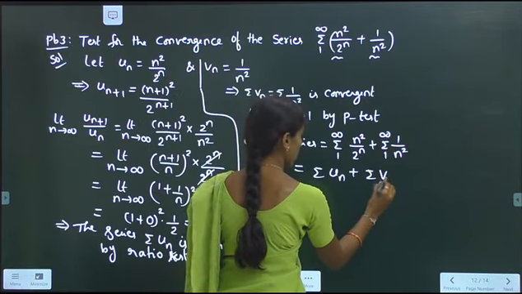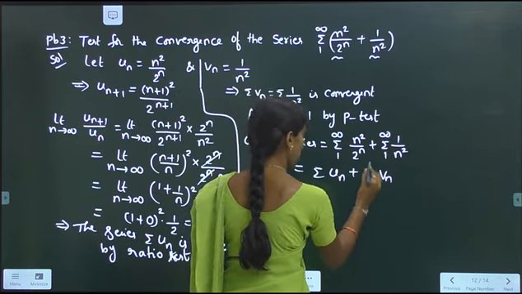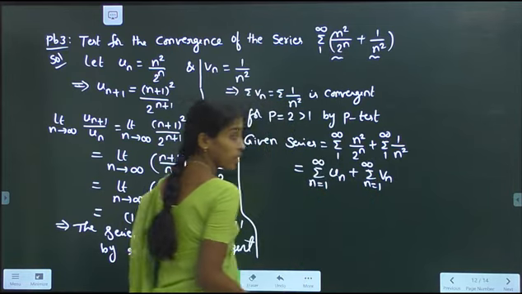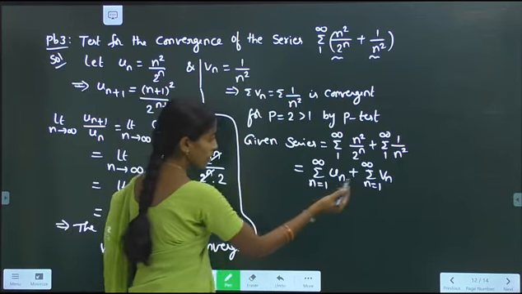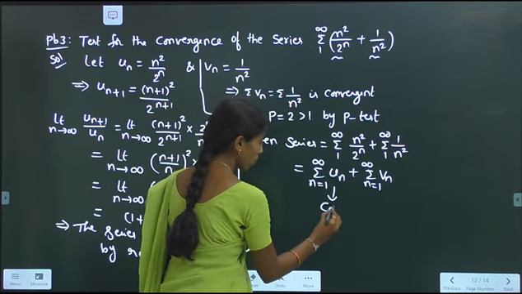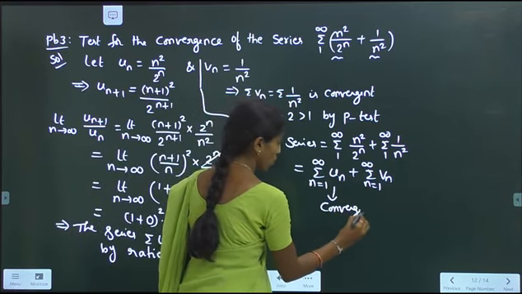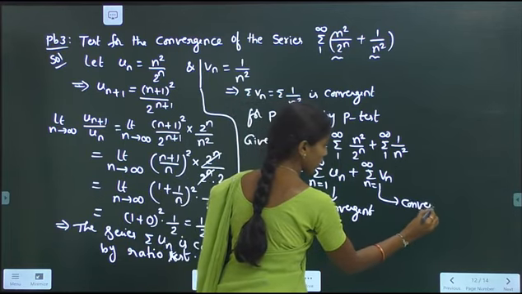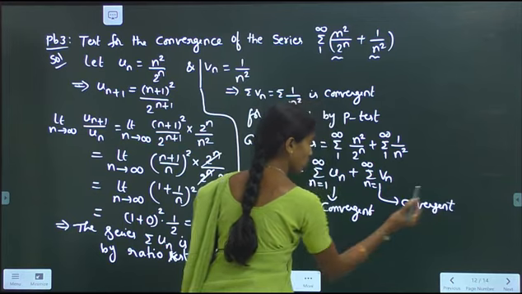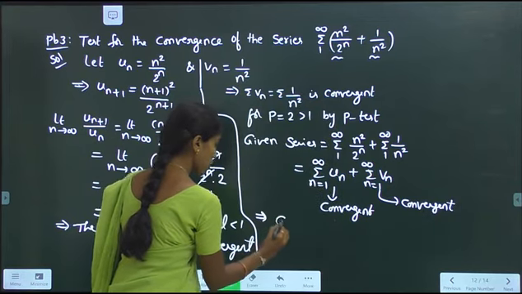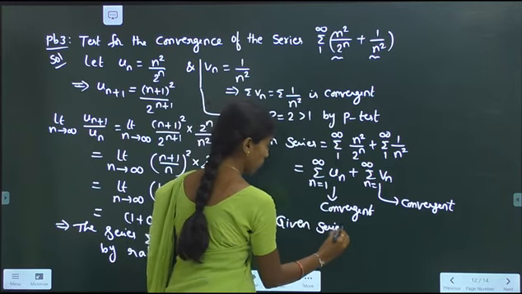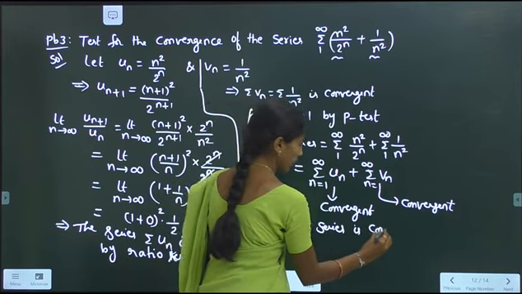Second one is vn, n equal to 1 to infinity. Right? First term is convergent, second term is also convergent. If both are convergent, implies given series is convergent